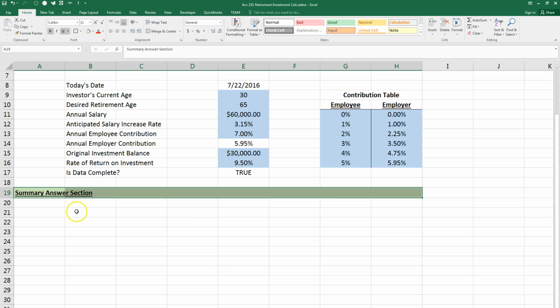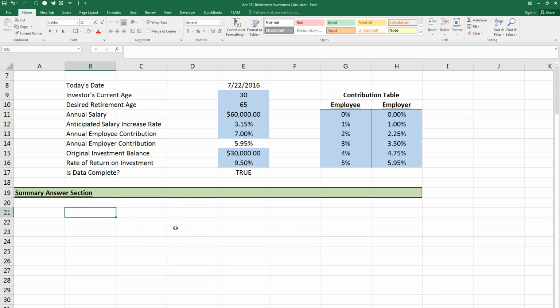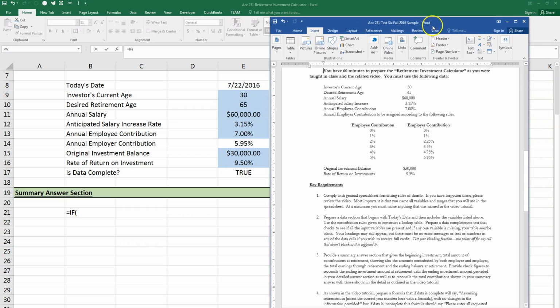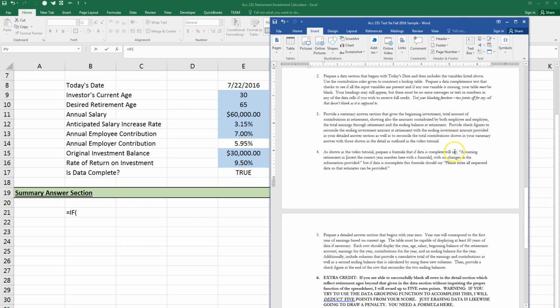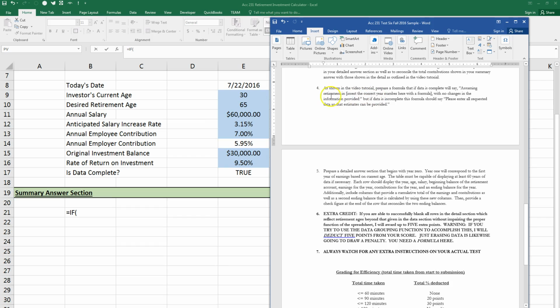Now, before we get started with the numbers, you can make your spreadsheets talk to your users. You can use text instead of numbers. So I'm going to have an if statement, and that if statement is going to change based on whether data is complete. I don't want you to panic here about having to come up with words. I've typed the whole thing for you here in your test. So you just learn this and know that you don't have to memorize it, but you do have to